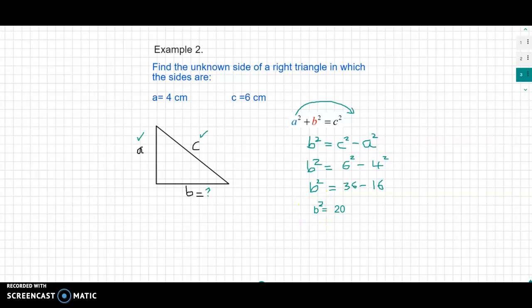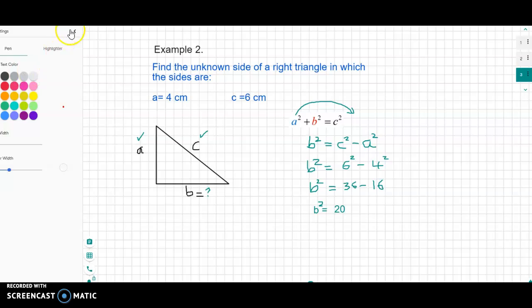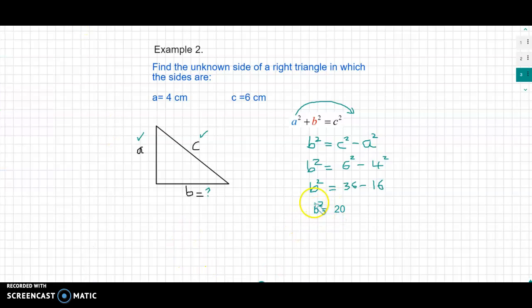We need to use the square root. So we're going to apply the square root on both sides of the equation to cancel the exponent. So the value of B will be B equals the square root of 20, that is